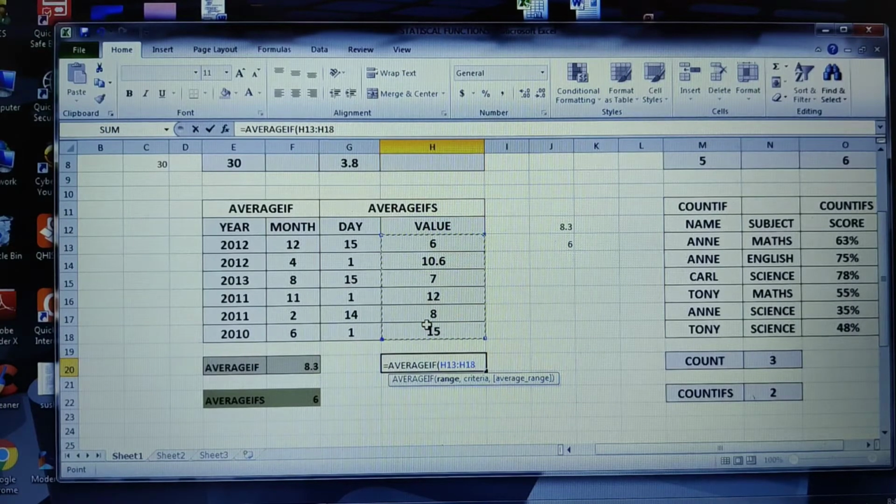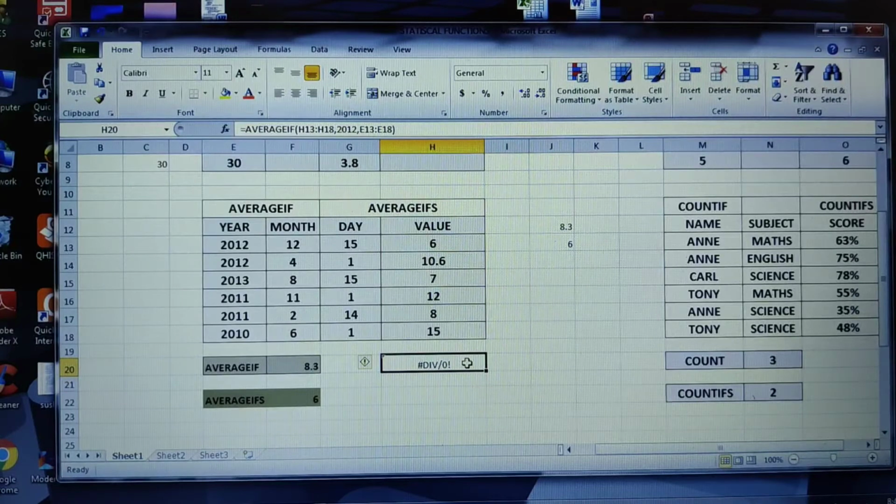Then comma, what is my criteria? I want the average of the value for the year 2012. Specify your criteria. Correct. And then the last, third parameter is the average range you have to give. So based upon the criteria you give the average range, and then click enter.